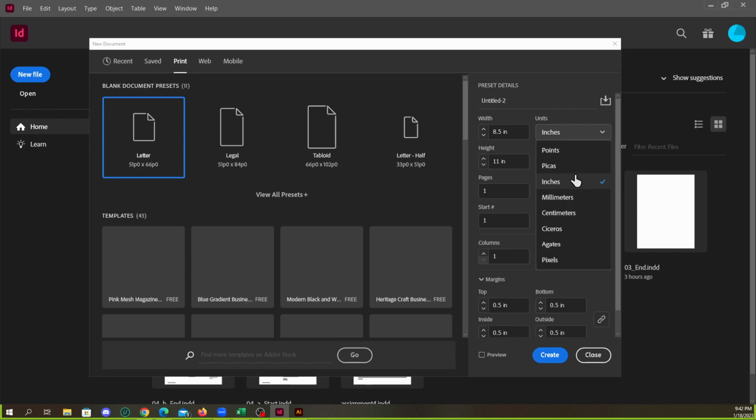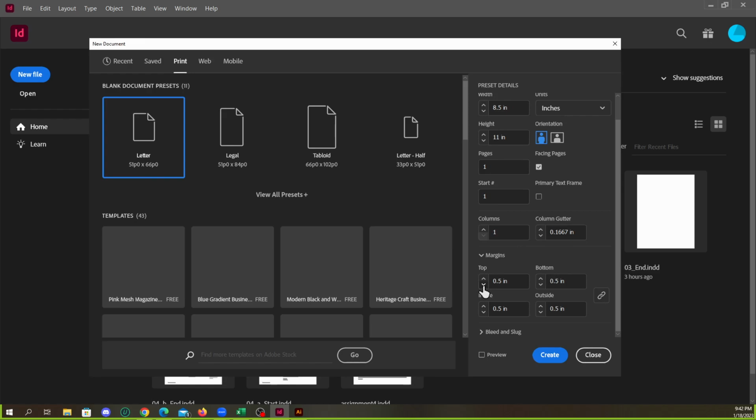I'm going to go with inches. Say we got margins, top, bottom, left, and right, half an inch. Remember the bottom, you're going to put page numbers, so maybe put a little bit more on the bottom than everywhere else. So maybe bottom will be 0.625. Everywhere else, I'll put like 0.375